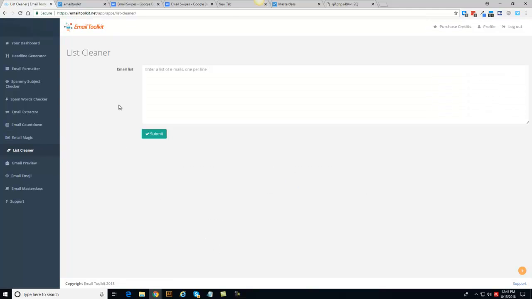There's actually a list cleaner in here, and this is a simple list cleaner. Now, this isn't going to be the greatest list cleaner. I'll be honest, this is one thing that I wish it would have been a little bit better on for this tool. And here's why: let's say you are doing an email here, and I put in another one that is long. I'm just going to make this one up, and you'll see what I mean. And like I said, I wish this was a little bit better, but